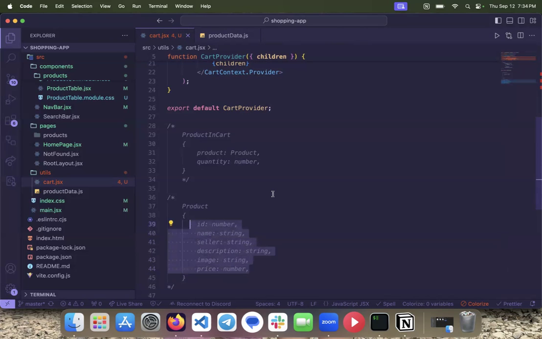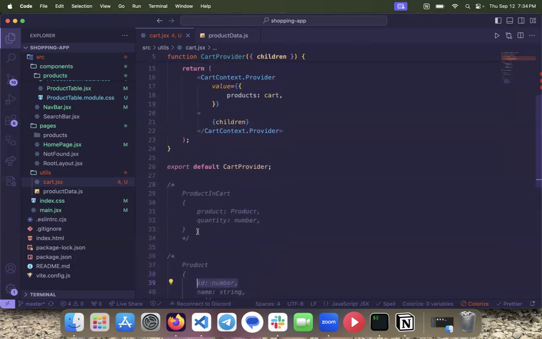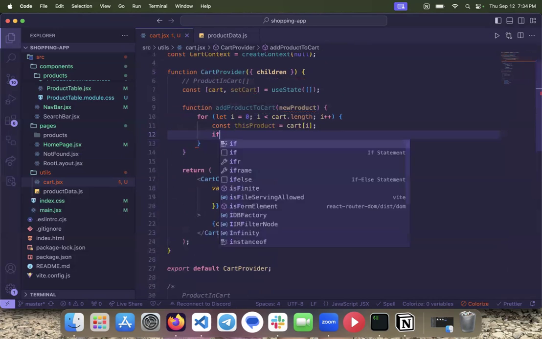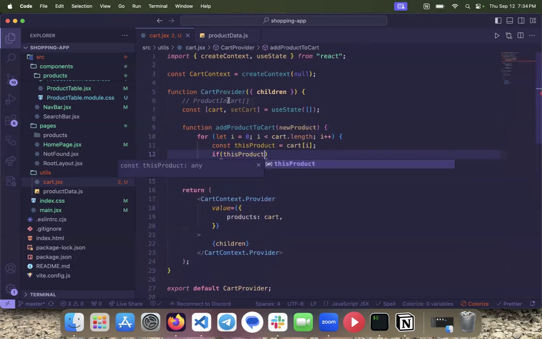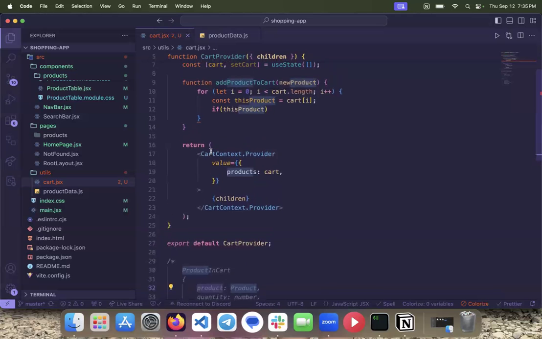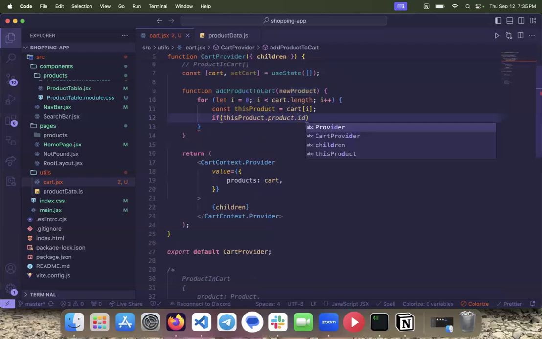Any thoughts? The ID maybe? Yeah, ID is always the safest option. We could try and compare all of them if we want to, but any of these could be duplicates between products. Only the ID is going to tell us uniquely if they're the same item. So let's do that. Let's compare our IDs. If this product, and remembering that this is a product in cart, so we're going to have to get the product property, .id